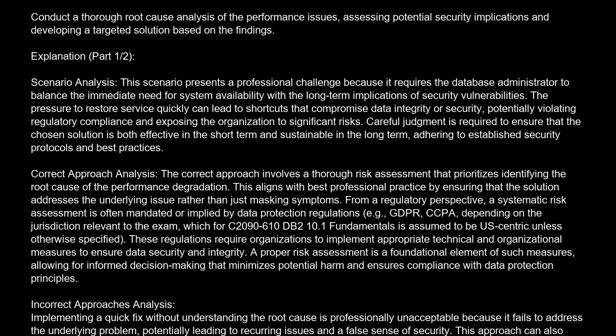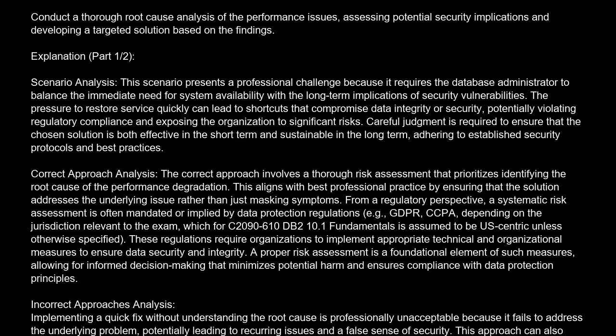Correct approach analysis. The correct approach involves a thorough risk assessment that prioritizes identifying the root cause of the performance degradation. This aligns with best professional practice by ensuring that the solution addresses the underlying issue rather than just masking symptoms. From a regulatory perspective, a systematic risk assessment is often mandated or implied by data protection regulations, e.g., GDPR, CCPA, depending on the jurisdiction relevant to the exam, which for C2090-610 DB2 11 Fundamentals is assumed to be U.S.-centric,